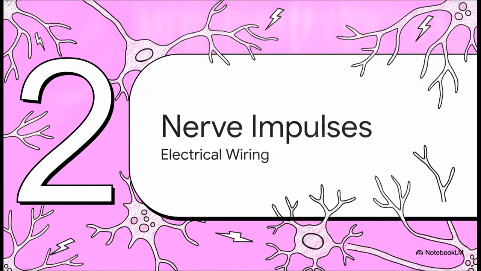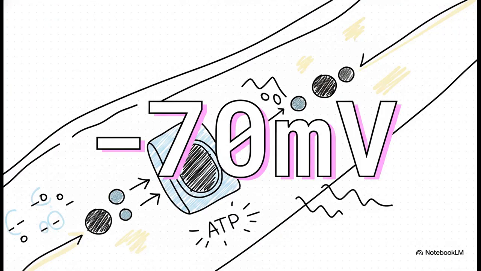Moving on to part two, nerve impulses and signals. Believe it or not, our factory relies on its own built-in electrical wiring to process messages from the outside world. Let's see how that electricity actually works. So if you remember one thing here, it's this number, -70. Specifically, -70 millivolts. This is the resting membrane potential of a typical nerve cell, meaning the inside is relatively negative